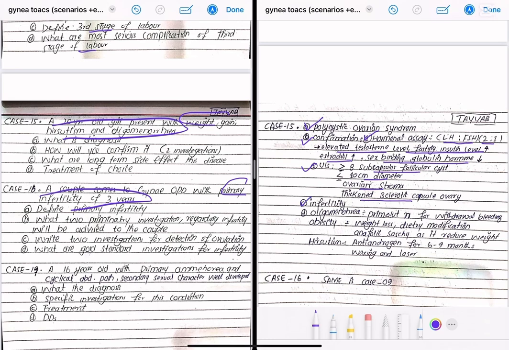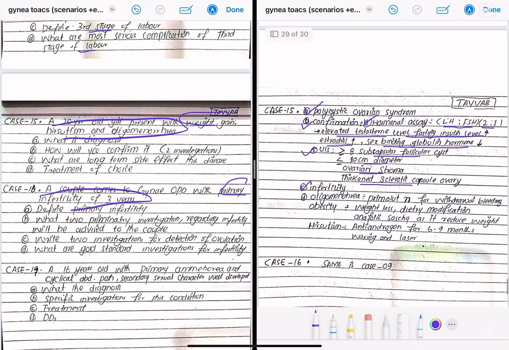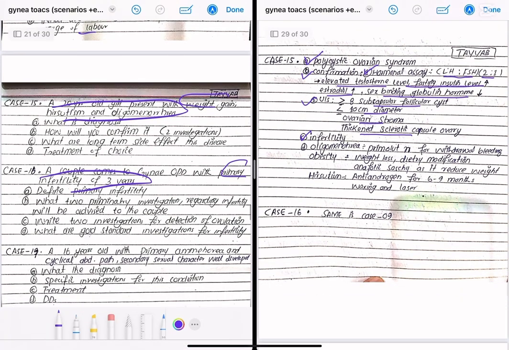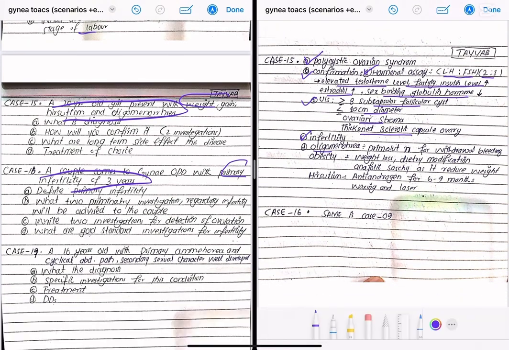The treatment of choice is for oligomenorrhea, and for obesity, weight loss, dietary modifications, and folic acid to reduce the weight, and for hirsutism, anti-androgen for 6 to 9 months and waxing and laser. Okay. Now